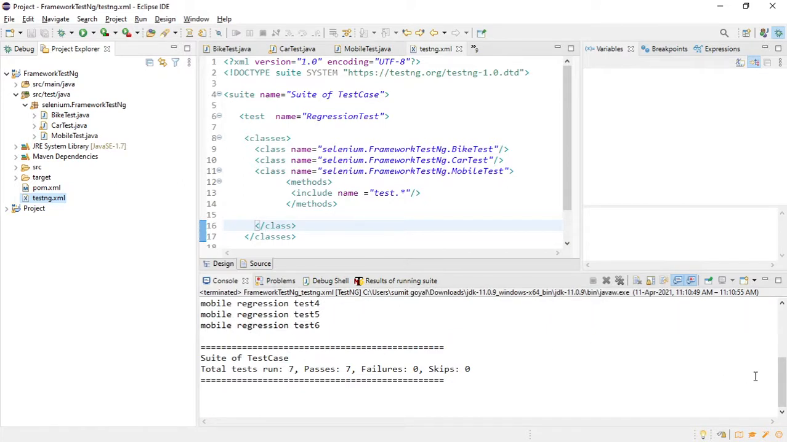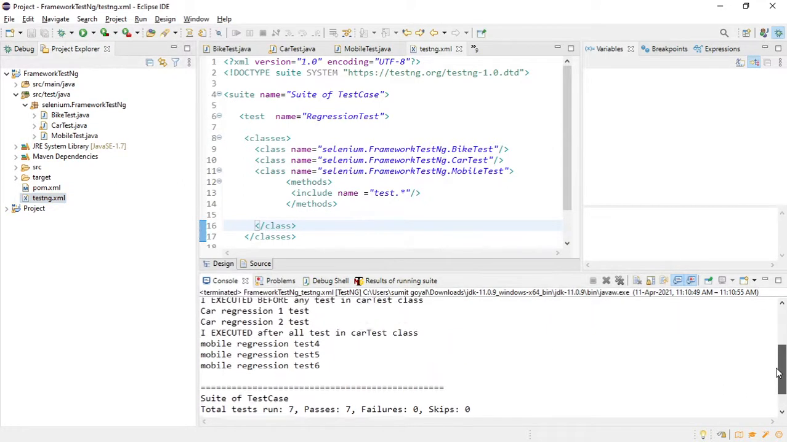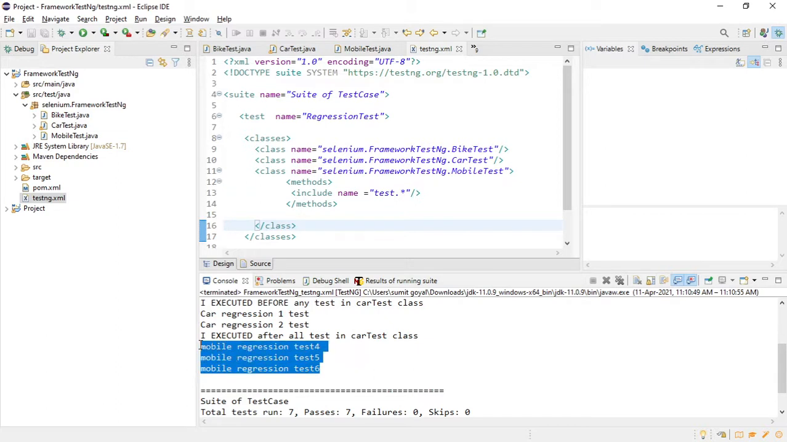So you can see after I provided star, it has run all the test cases which have test as the starting name, but it does not matter which number it ends with. So I have provided star. Similarly,